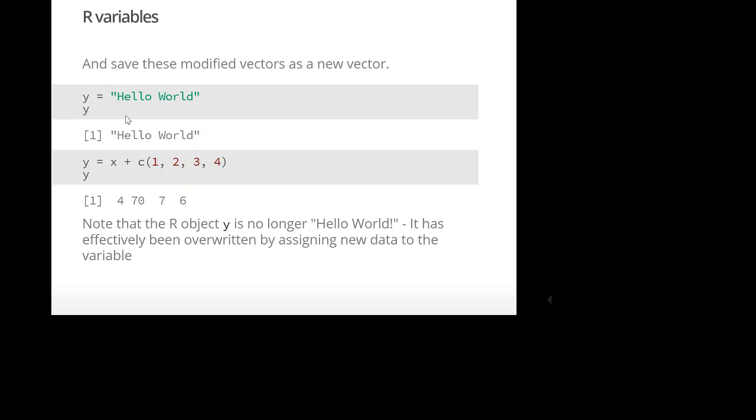With character vectors, the key is that the number of quotation-encapsulated strings determines the length. This would only have length 1, because there's only one set of quotes; you're not collecting anything or multiple sets of quotation-encapsulated strings. Now if I have this variable called y and I just print it, it says hello world. If I make a new variable y and say y equals x plus 1, 2, 3, 4, which was from the previous slide,